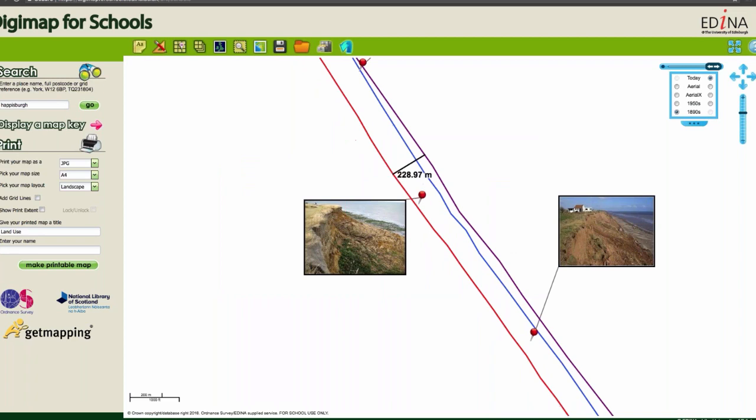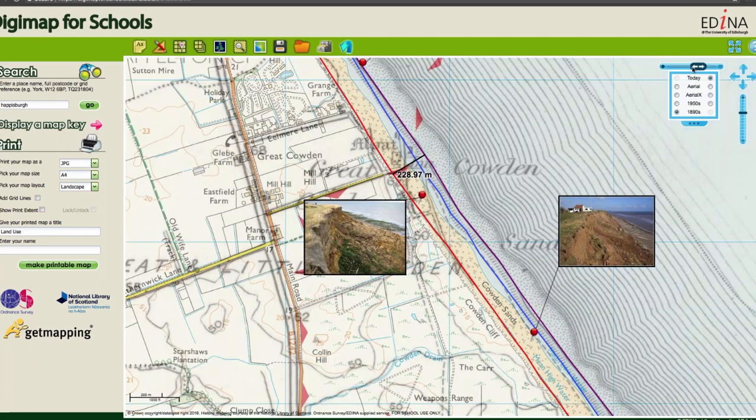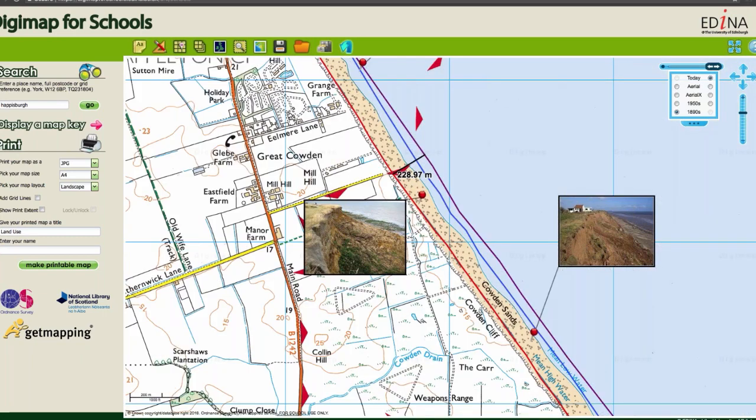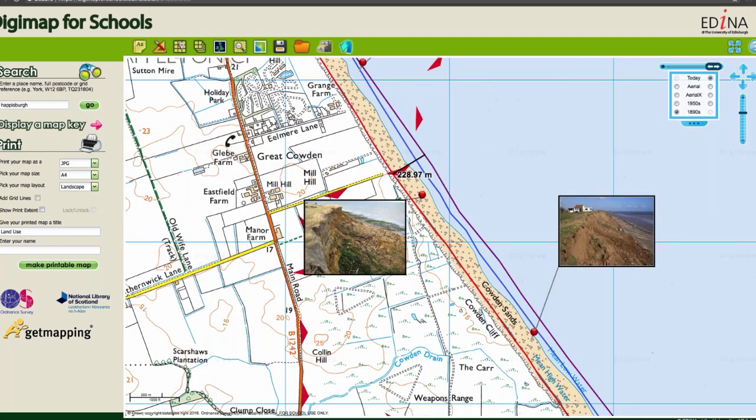Okay, so folks, this is a map of Hillsborough and Norfolk. The red line is the present day shoreline, the blue one is the 1950 shoreline, and the purple one is the 1890 shoreline. So you can see here, I just basically drew a line across and then I measured the distance. So you can see here that the distance is